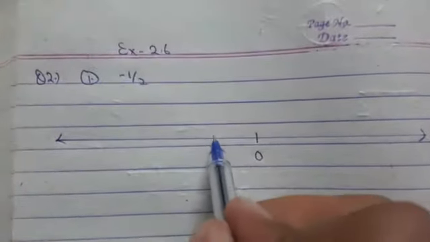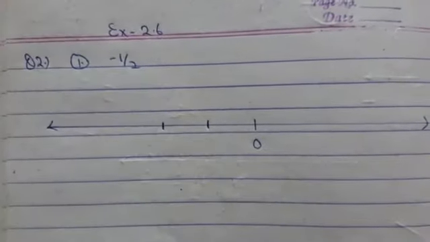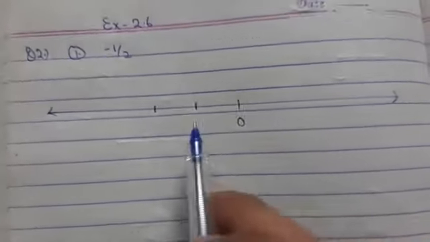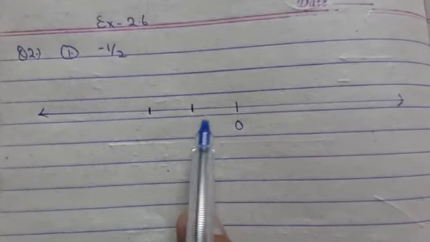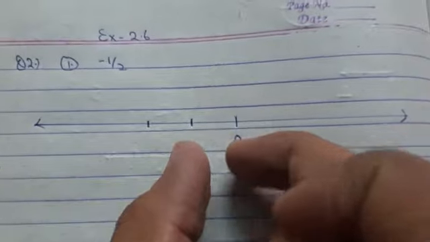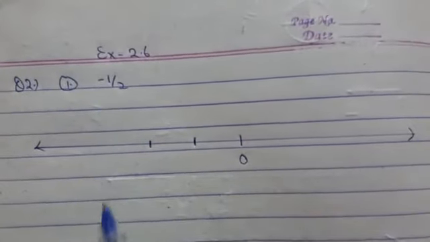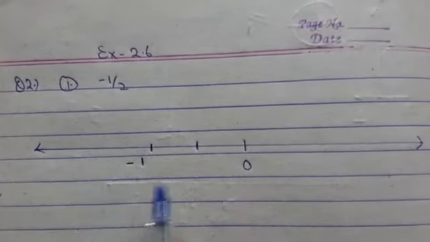So divide it into 2 equal parts, 1 and 2. Now class, remember one thing, I am again and again telling you, while you are making it in your notebook, take proper equal divisions with scale. Okay, don't take cuts anywhere, take cuts with proper divisions. Now since the denominator was 2, it was consisting of 2 parts. This is your first part and this is your second part, and it will be what? Minus 1.